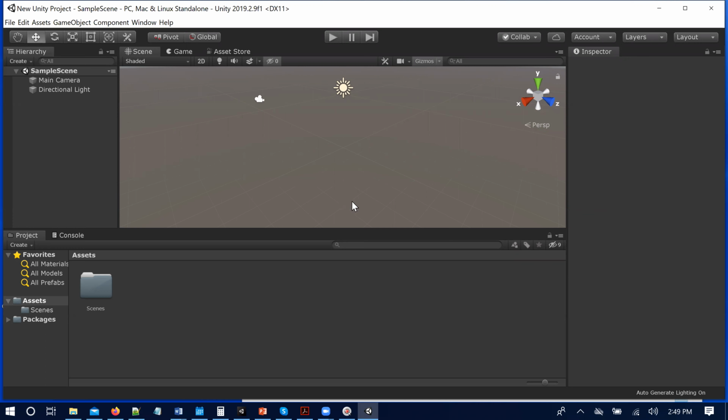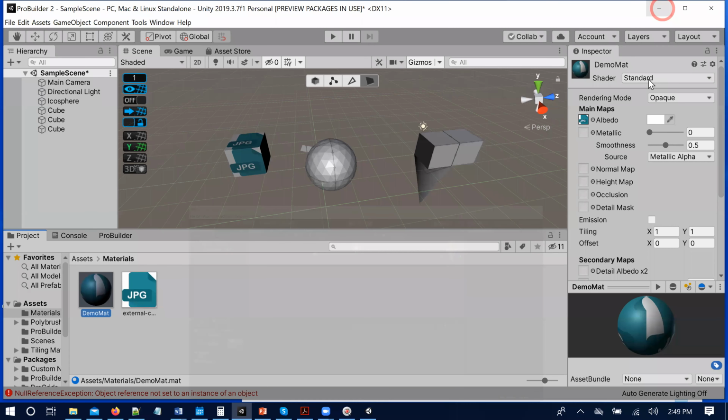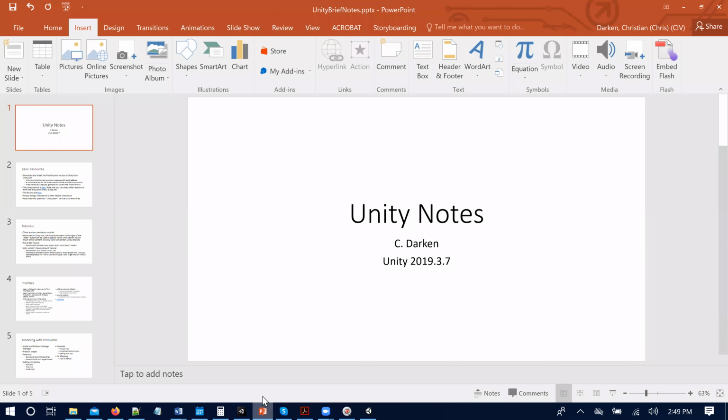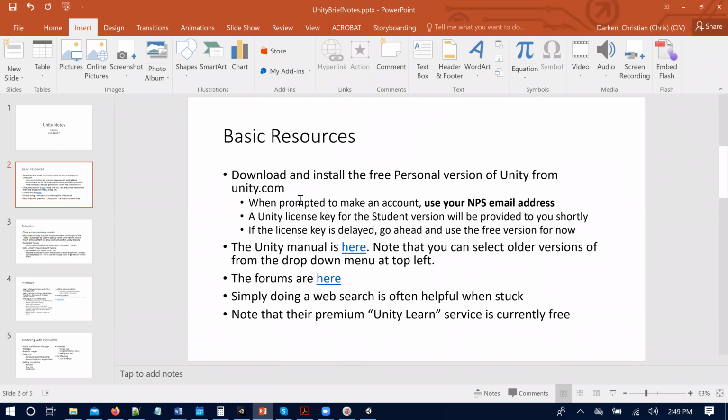Okay, now, good. So that should be enough for you to download and get started. Oh, I did put another file out there. This is not going to be lecture notes. I don't really use PowerPoint to lecture. These are kind of like notes to myself, but I decided to put them out so you guys could access them too, because that might be handy for you. It shows the link to the manual, the link to the forums, just some handy stuff.